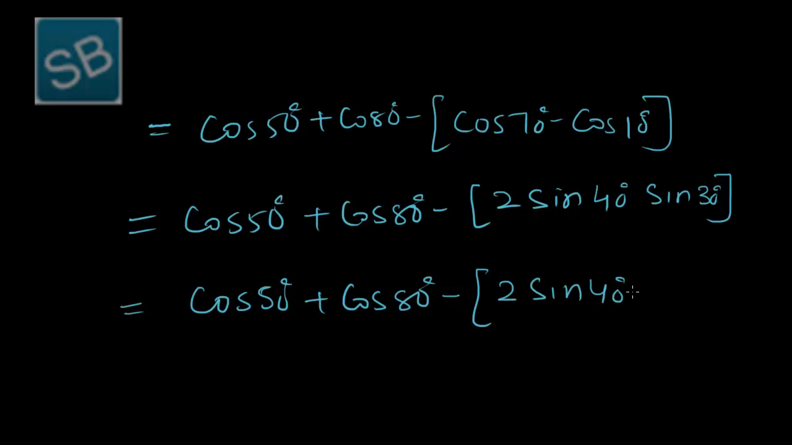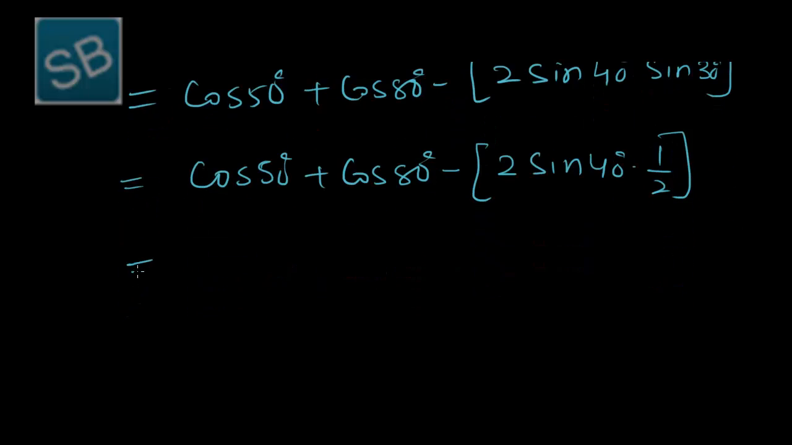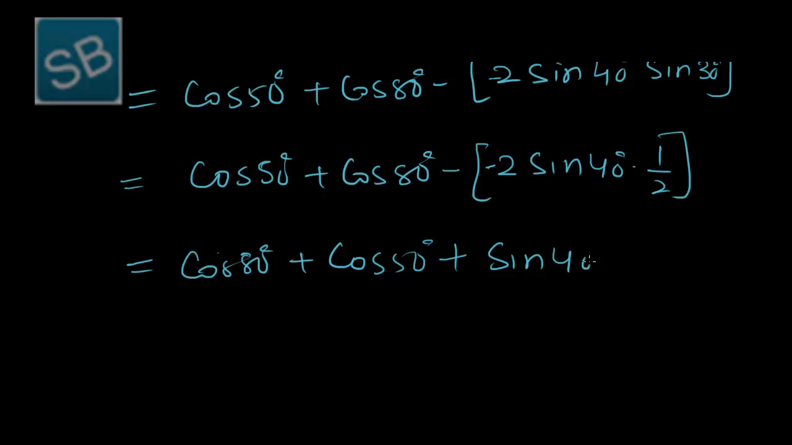That is half. So we get, and here it will be sin, that is minus, this is minus 2 times. So we get cos 80 degree. While doing such questions, just write down all the formulas, product and sum expressions on your rough page, so that you can do such questions without any mistake. So we get sin 40 degree. So here cos 80 degree,